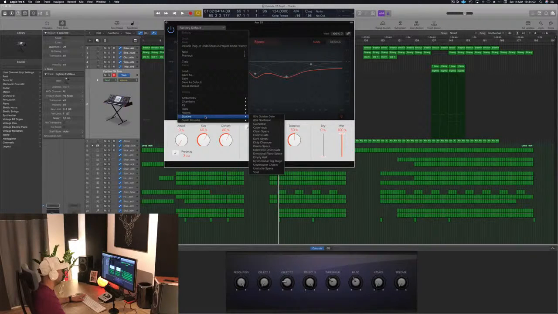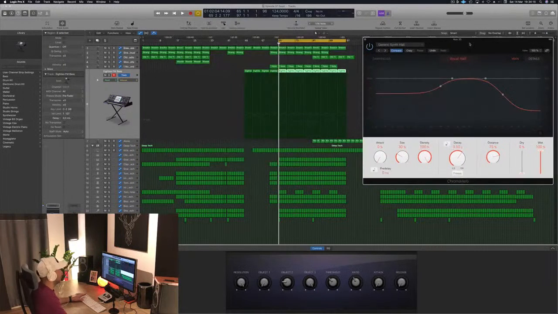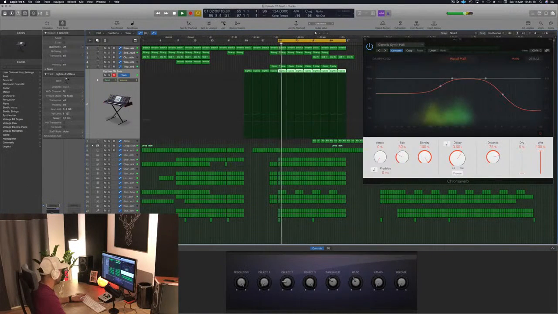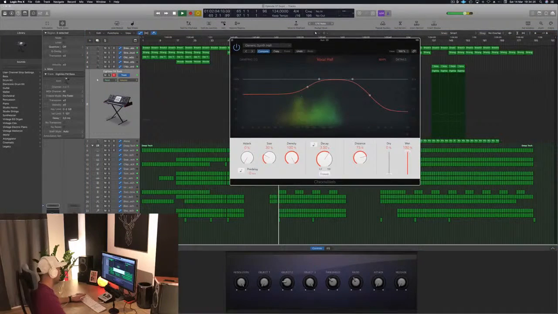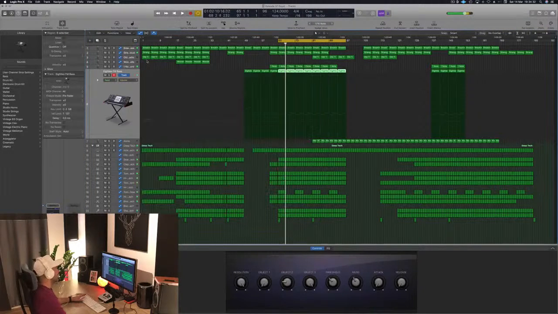Good question what I'm gonna put on there. This doesn't really, synth hall. Sure, I'm gonna try that. If I give it a lot, it's not bad. So we have that.